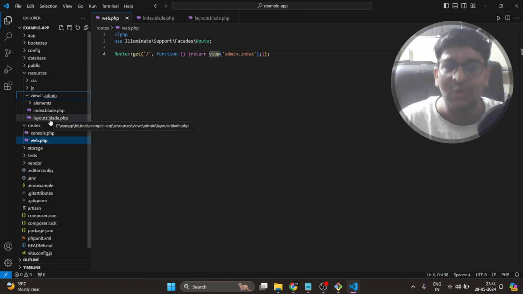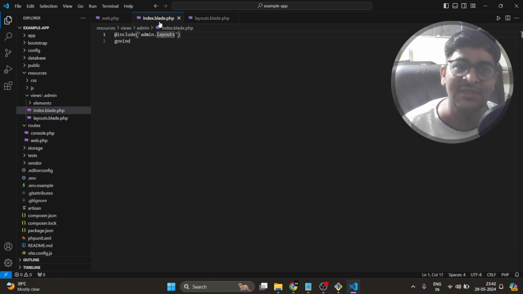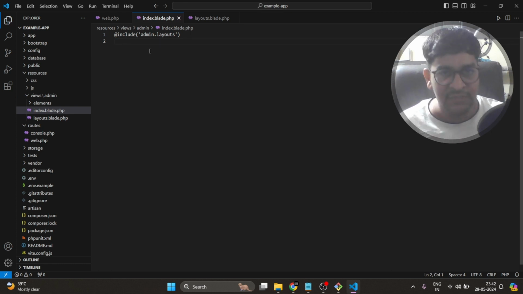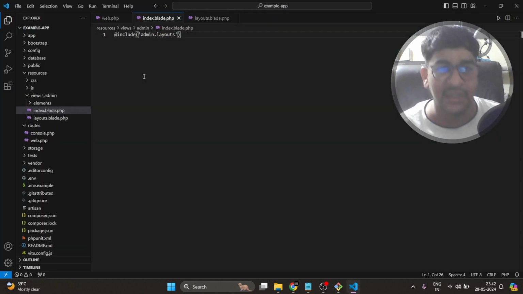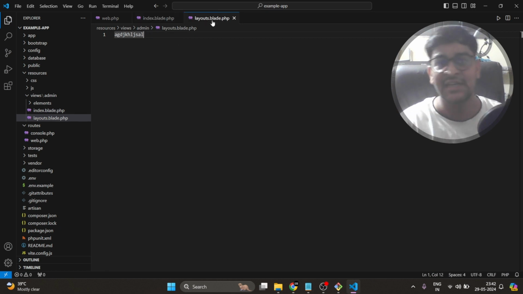I think that makes sense to you. That is the coolest thing you will understand and learn. So now I will remove this from here. Now you just understand how we can call another file from here. You can see I don't have that text inside here; I have that text inside this layouts one. But I'm calling my index file.